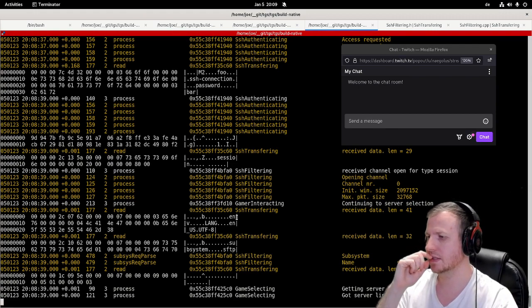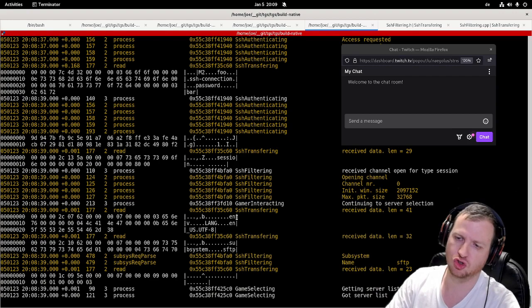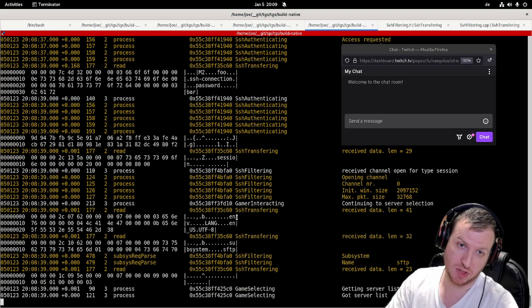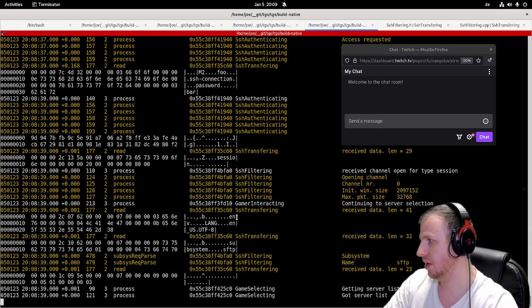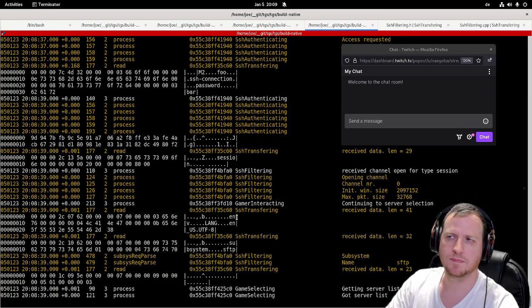The OpenSSH client does not need a confirmation. This does not matter for us. So okay,